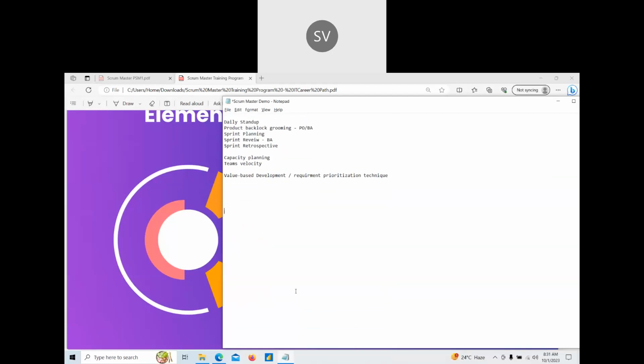Let us take an example of e-commerce. In e-commerce, let us assume we have these features: customer registration, vendor registration, then order management, then payment gateway integration.